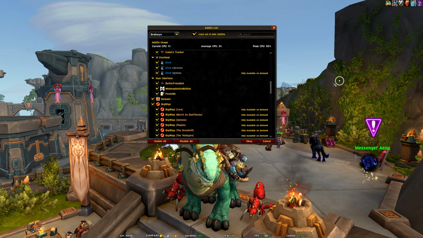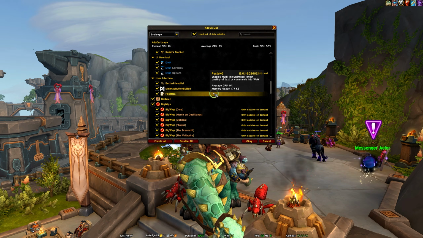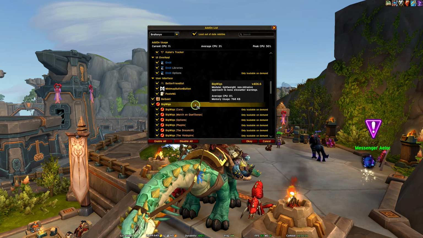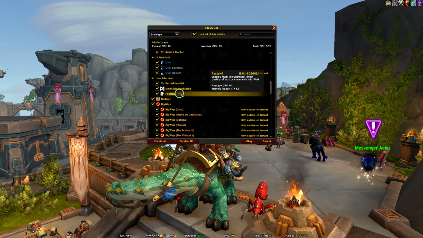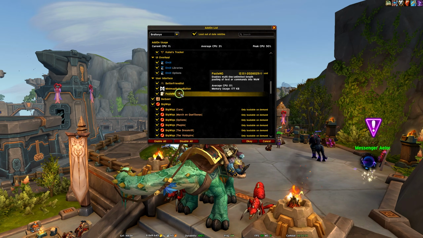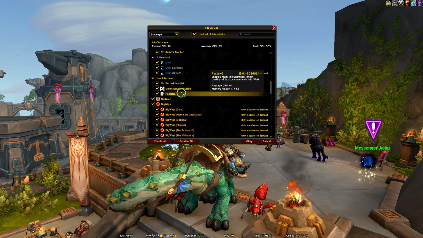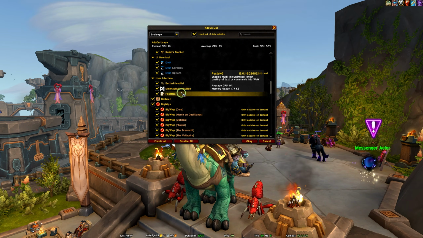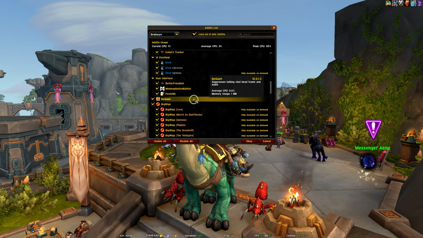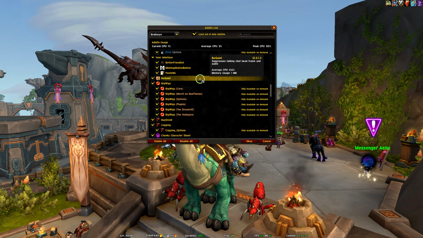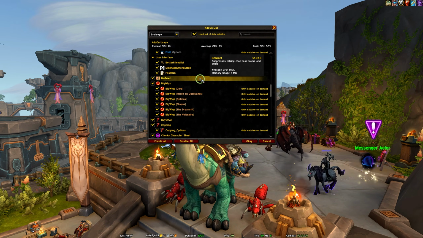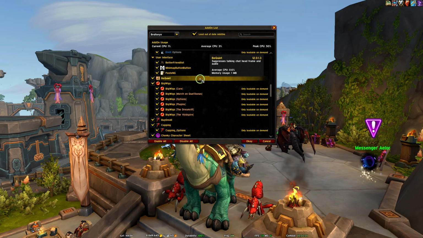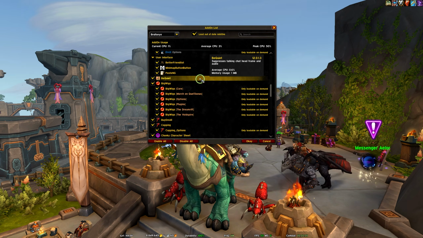Minimap button collects all the little buttons, all the little icons around your minimap and puts them in one button. I have it pushed off. I never use it. I just like collecting the buttons. Paste in G just allows you to paste in much longer or larger strings of text in game, like if you need to copy something in for a macro or a command, whatever. Be Quiet silences and removes all of the talking heads that pop up for quests and world quests. Ugh, get it out of here. Can't stand those things. So that's why I have that installed.